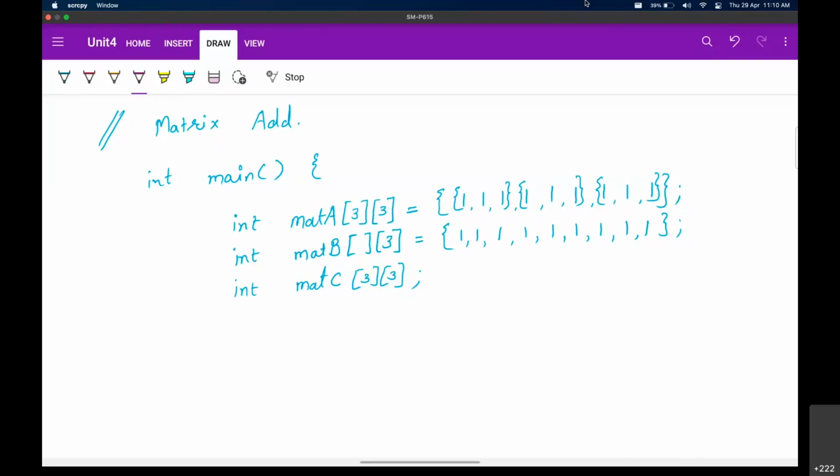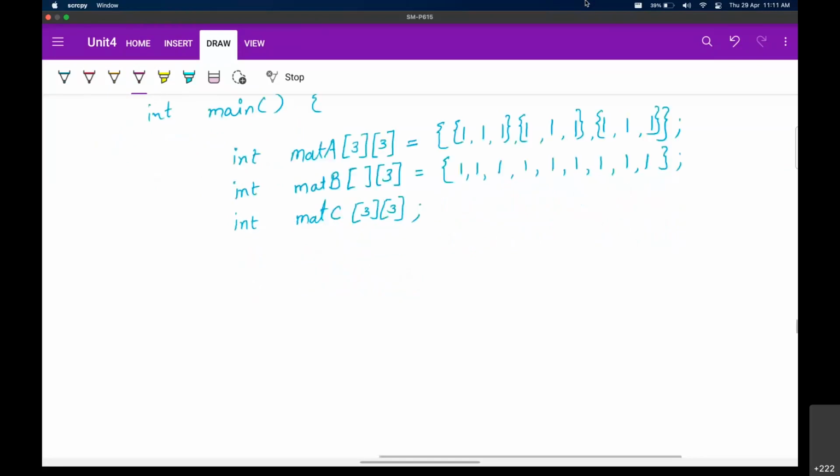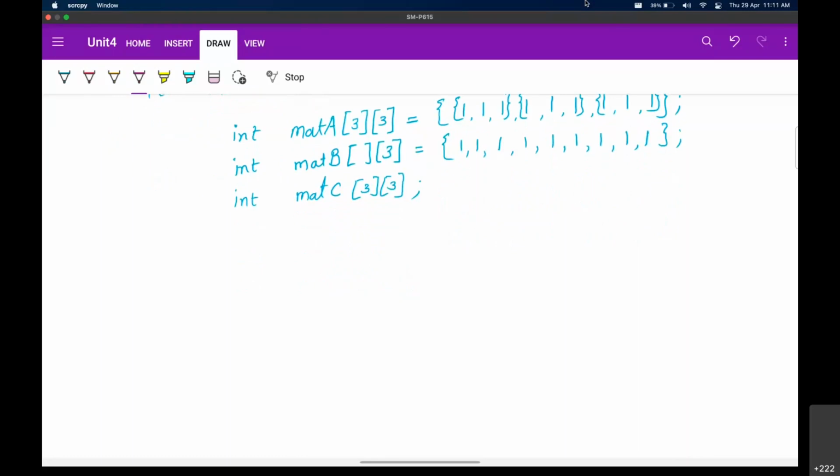Yeah, so let's get back to this one, matrix addition. So we have matrix A, we have matrix B initialized with some values, and then we want to add those two matrices in the second one. Now, if you recall matrix addition process, किस तरह से होता है matrix addition? These are two matrices, and the values are something like this, 1, 1, 1. All the values are 1. That's how we have initialized this one.